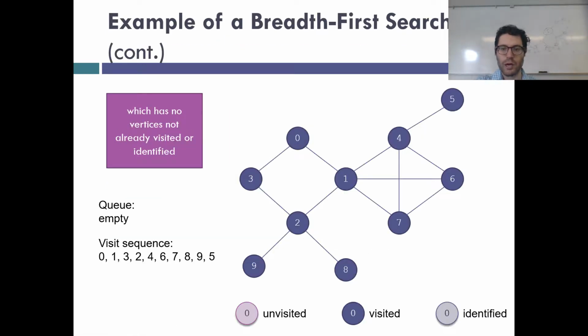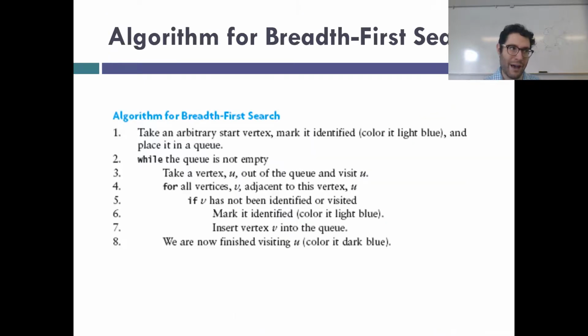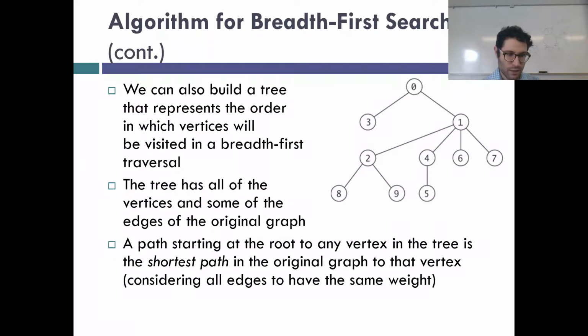Now, yes, 0, 3, 2, 9 would have worked just as well. But there can be more than one shortest path. When we look for a shortest path, we are looking for one that has the minimum length. So using one of the tied ones is just a valid answer. Let's go ahead and do one on the board,